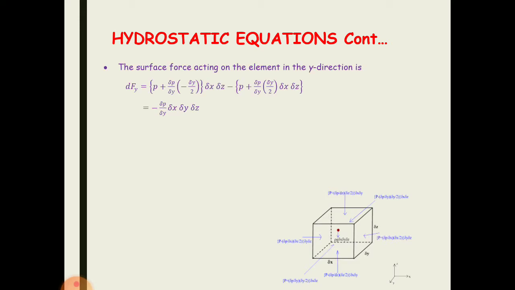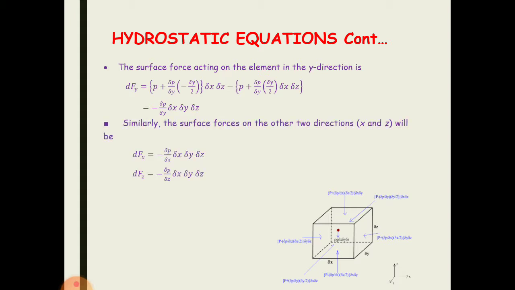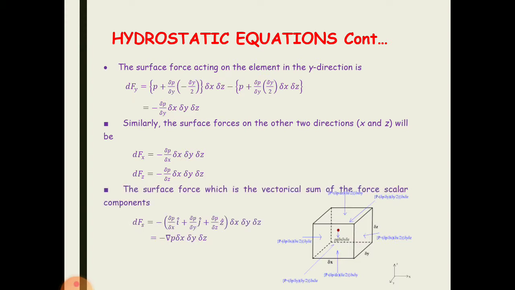After calculating all the forces in the y direction, we will get the net surface force acting on the element in the y direction, dFy, equal to minus del P by del y into del x del y del z. Similarly, the net surface forces in the x and z directions will be minus del P by del x into del x del y del z and minus del P by del z into del x del y del z respectively. When we write these surface forces in vector form also,